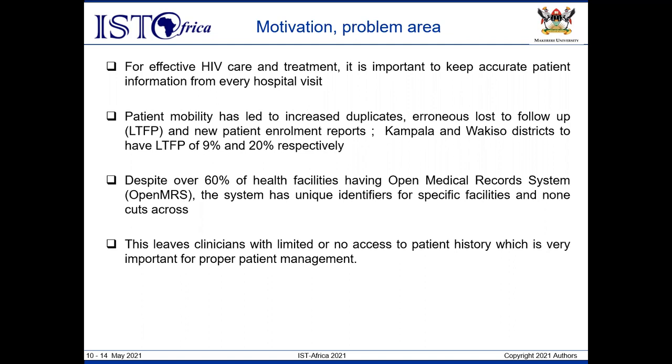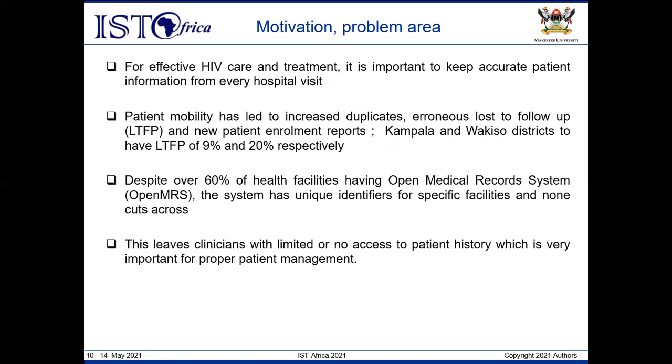Health facility A reports a loss to follow-up, while health facility B reports a new enrollment. Such reports have led to increased duplicates and erroneous loss to follow-up and new enrollment. Several studies indicate that loss to follow-up rates in Kampala district and Wakiso district are at 9% and 20%